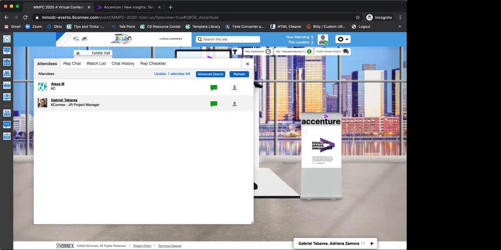I see one here that says, what icon do reps who are assigned to registration click on, and what booth are they assigned to? Well, you're going to be assigned to your company's booth, and they need to tell you exactly the name of your booth so you can go in. The way to get in is just to log in with your email address, or how you registered, and remember to go to the icon that is going to show you the exhibit hall, find your company's name or your booth, and just come here.